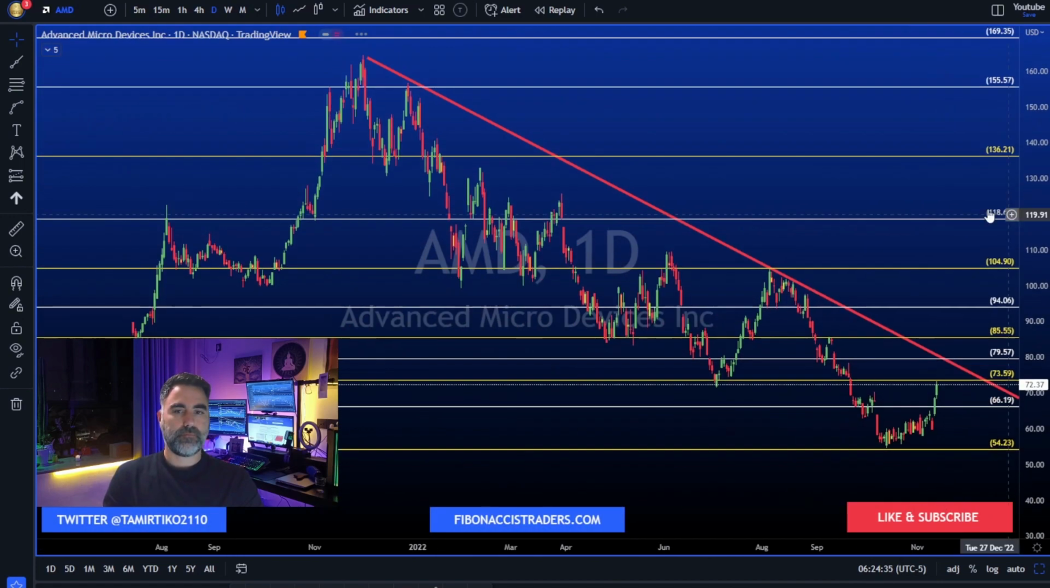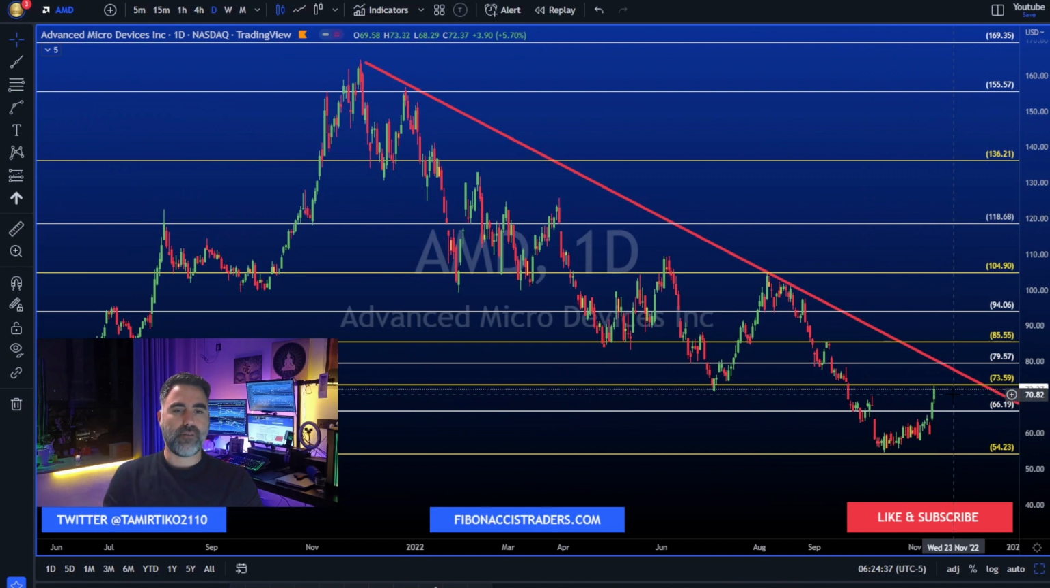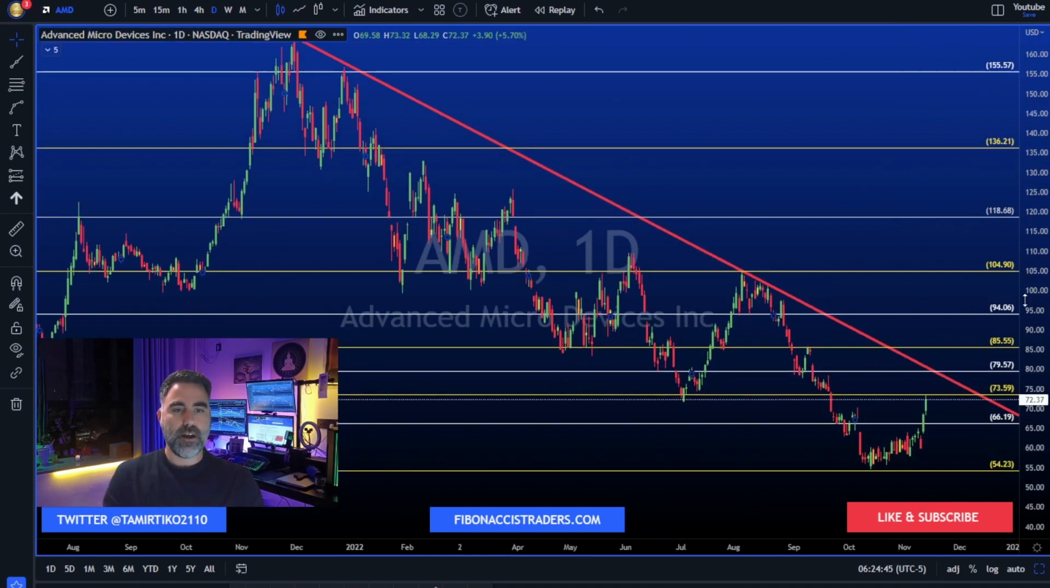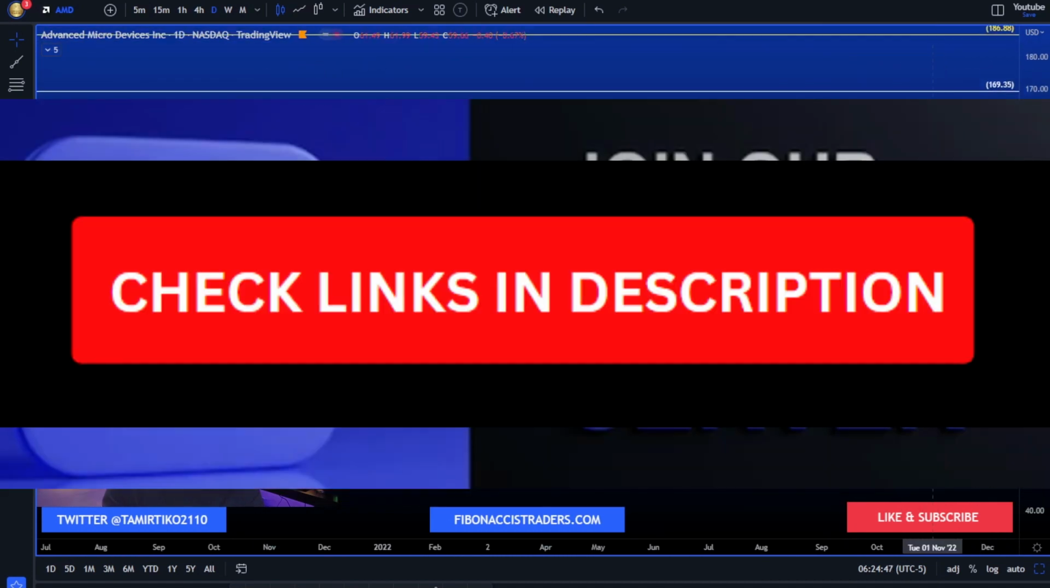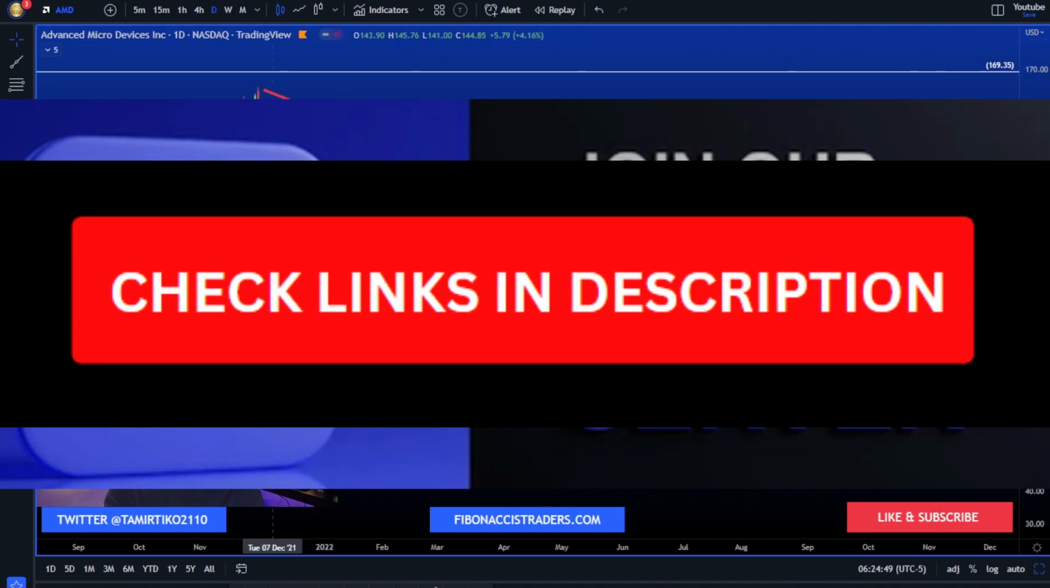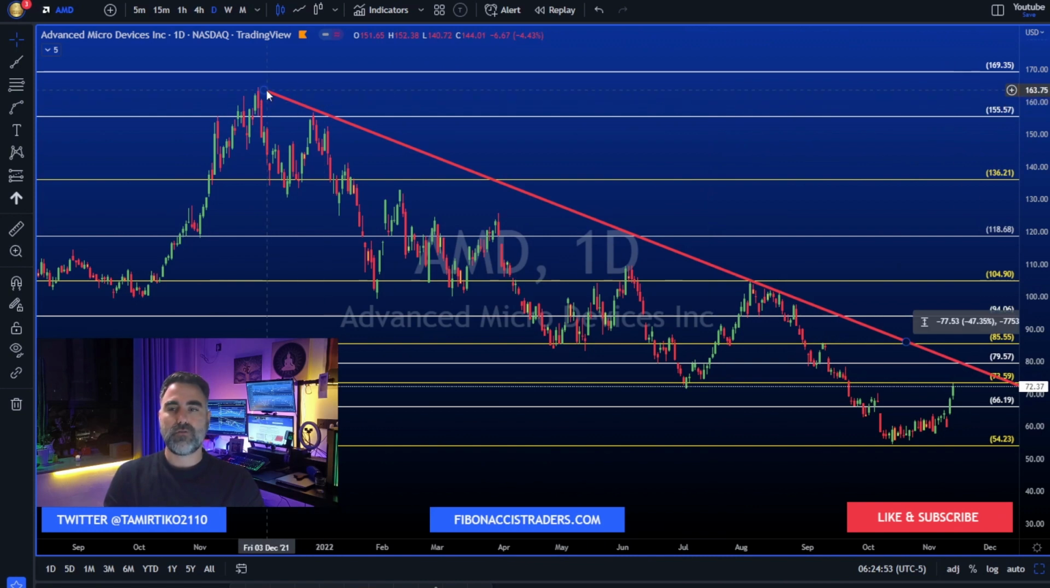AMD also trying to recover. Nice recovery for now from the 54 bottom of October, now all the way to 74. Nice rebound. Next test for the bulls will be this downtrend line, and if we look left, this downtrend line